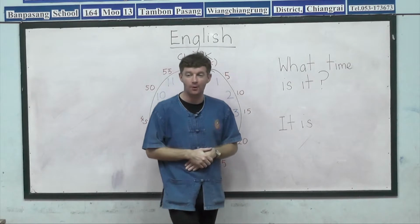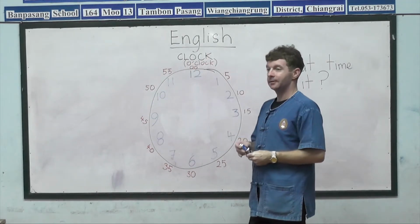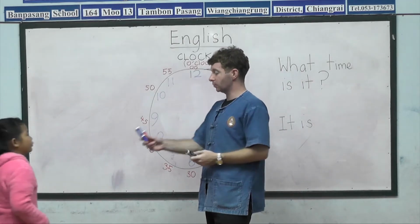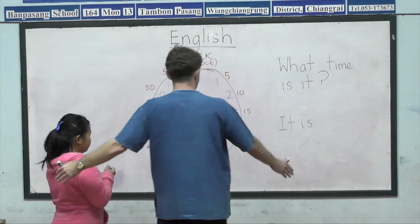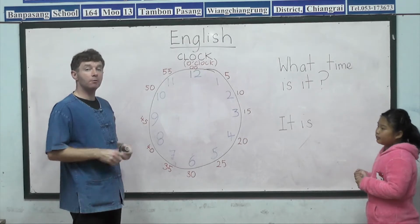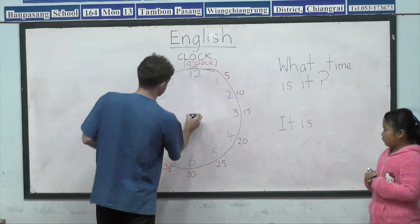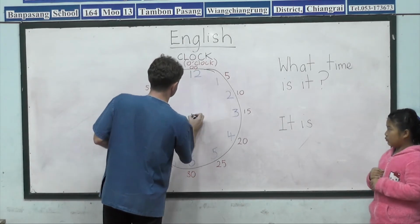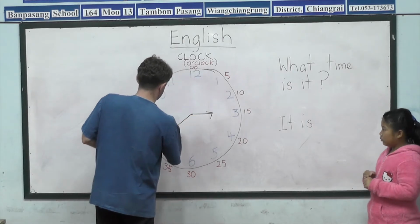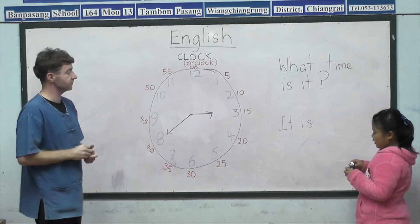Lakgao, I see your hand go up first. So what colour would you like to write in? Would you like to write blue? Okay. So you can stand this side. And now I will write the clock hands in black. So first I will write. Okay, so Lakgao, what time is it? This is